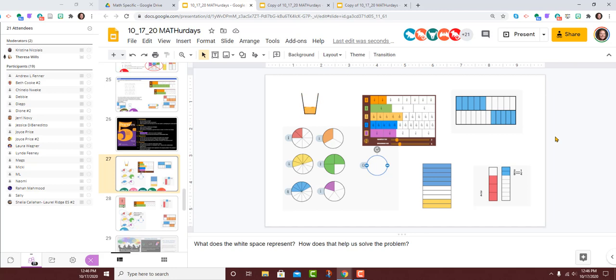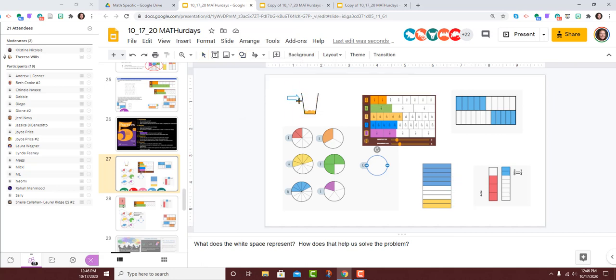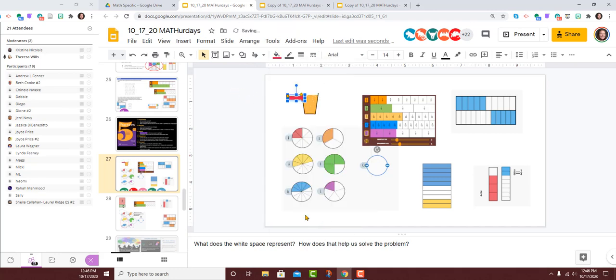the question I have for you in all of these deals with the white space. What does the white space represent in each of these? I want to make sure we have a firm understanding of white space. We'll start here with the little cup. If this was yours, tell us what the white space means and how it changes in this visualization. Hi, Teresa.